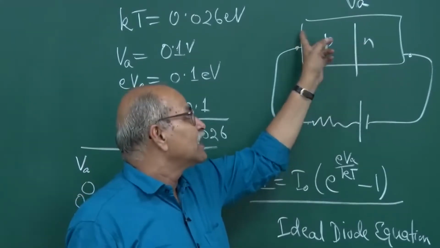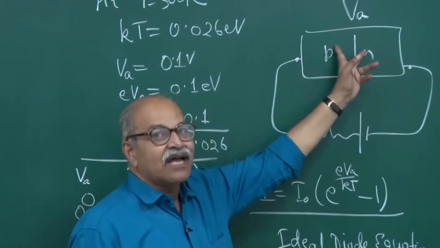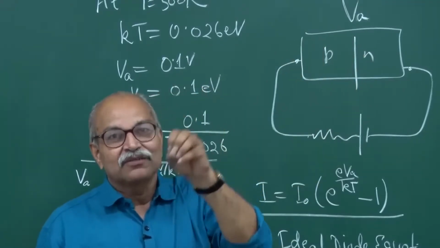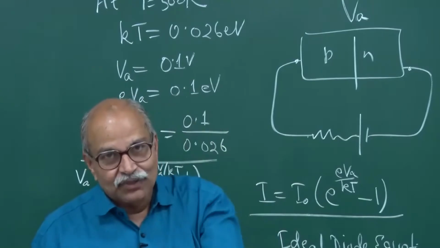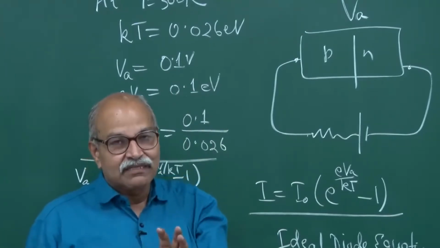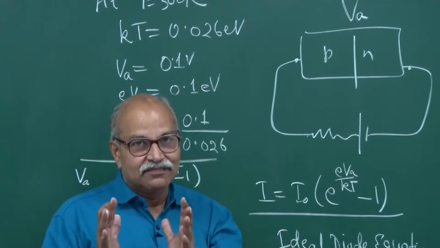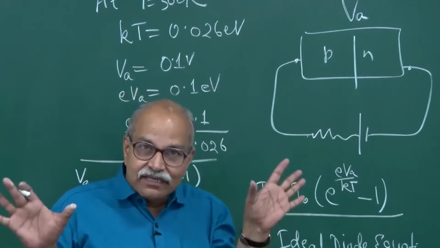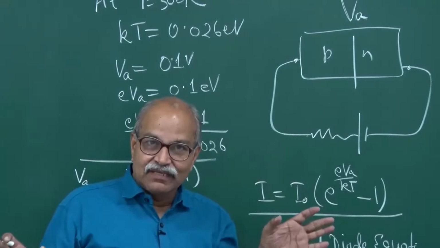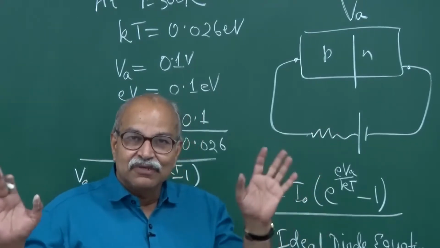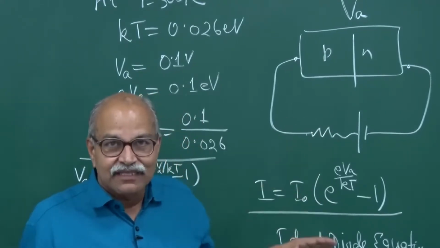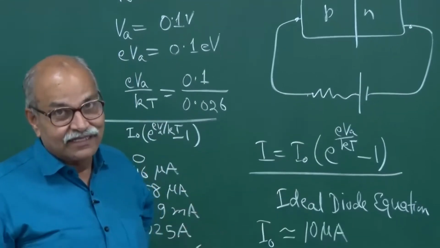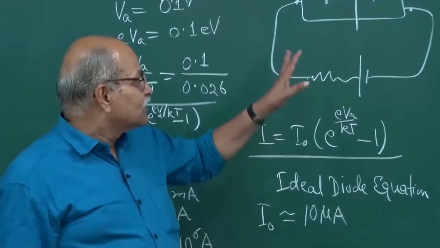So whatever you apply here may not go on the junction. This depletion layer has a very small number, or negligible, we take it 0, of charge carriers, but in any case that offers a very large resistance. The other regions outside the depletion region, where you have a lot of charge carriers, offer less resistance, and in the ideal case no resistance in fact. So all those things are there.